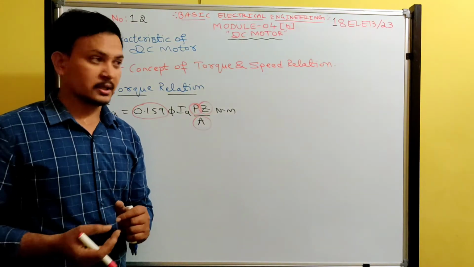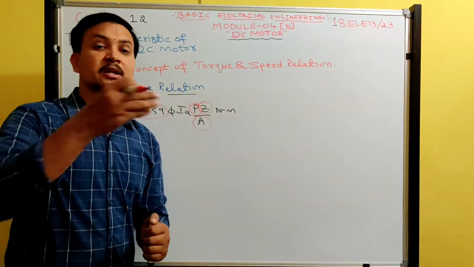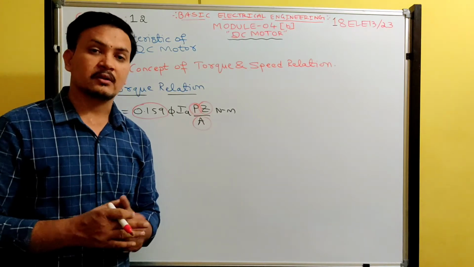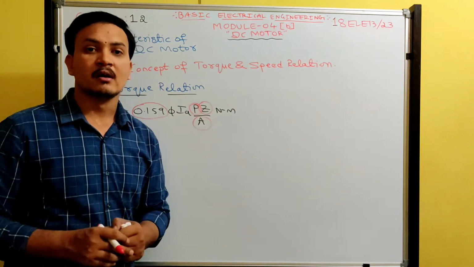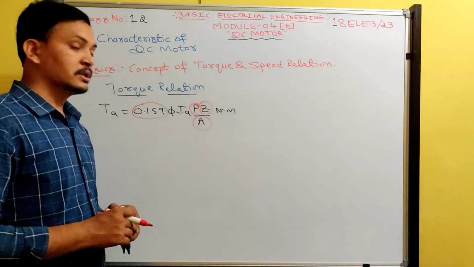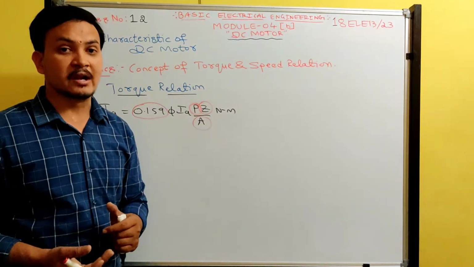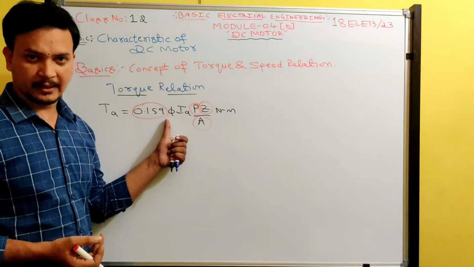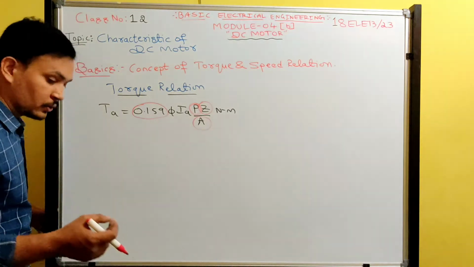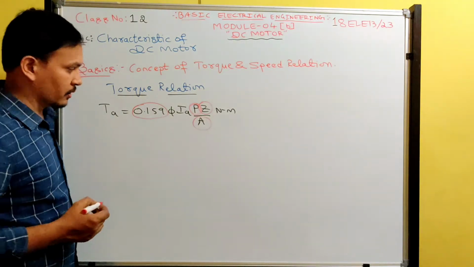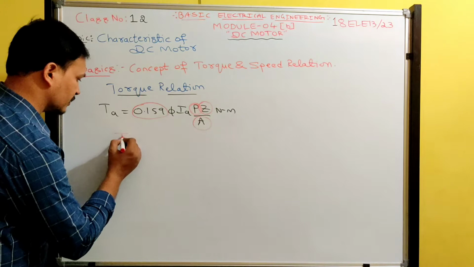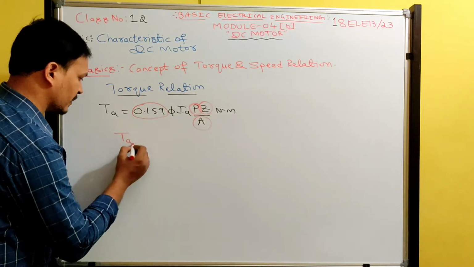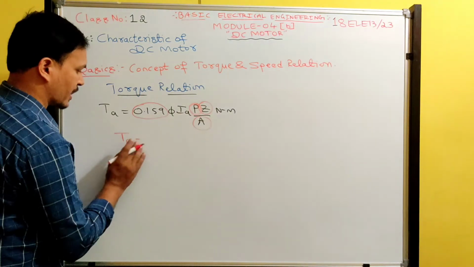There is a provision in a DC motor: we can add external resistance in the field circuit so that we can increase or decrease the field current. Since the field current produces field flux, that flux is phi. So in order to get the required torque when the machine is in running condition, that is possible only by changing these two parameters.